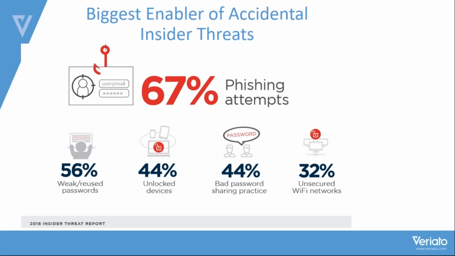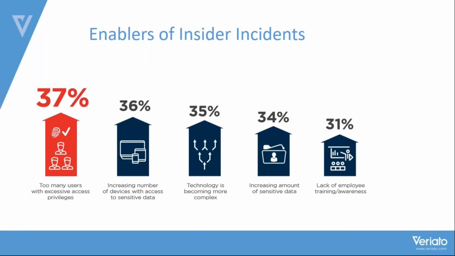All right, so 67% phishing attempts, 56% weak, reused passwords. Still doing the same thing. Let me tell you, at work I have to maintain about 15 to 20 passwords. Now, how many of those do you think I can keep in my brain at 54 years old? Not a whole lot. So what do you think Derek even does? I violate some of the policies myself by probably reusing passwords that I just couldn't remember. They're not weak. I make them pretty strong. But, you know, am I following all the right ways to try to remember 15 to 20 of them? No. You probably have 15 to 20 duplicated, reused passwords. That's why 56% was one of the biggest enablers. I'm a person just like everybody else here.